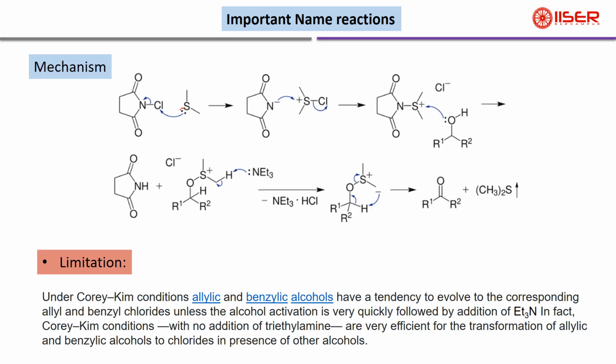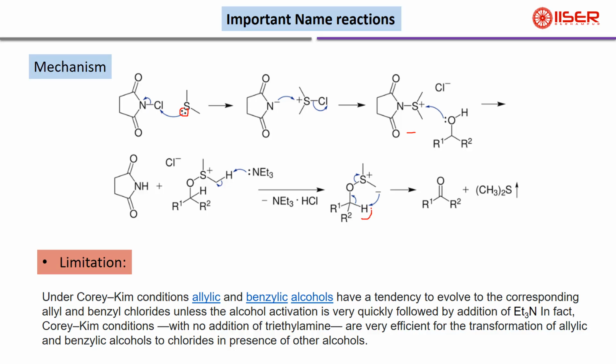This Me2S will attack the chlorine atom. There will be generation of a negative charge. Then that will again attack the sulfur and eliminate this chlorine, forming this S-N bond. Then OH will attack this sulfur atom, forming this intermediate. Then through an alpha hydrogen elimination, it will form